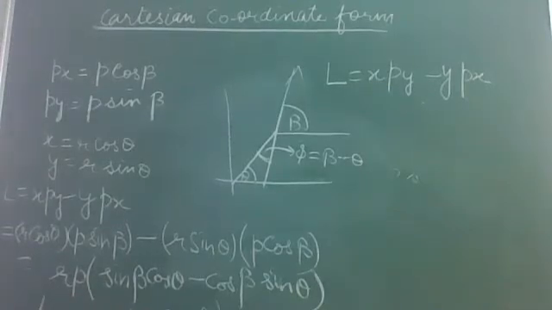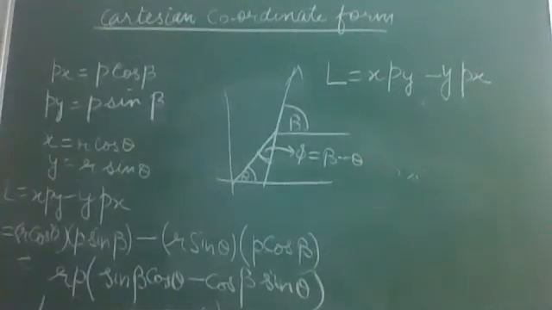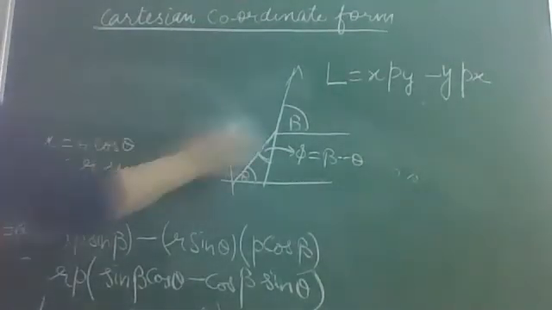41 including me. So that means still one or two students are absent today. Okay, so let us revise the derivation of torque. Then we'll continue with the NCERT exercise. 4-5 numericals we'll be doing today. Okay, so the Cartesian coordinate form of torque.